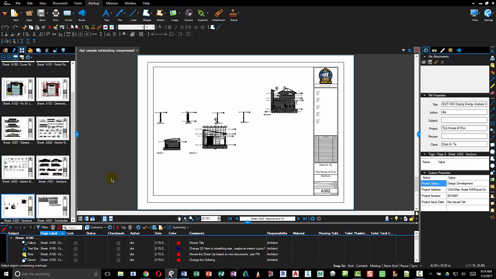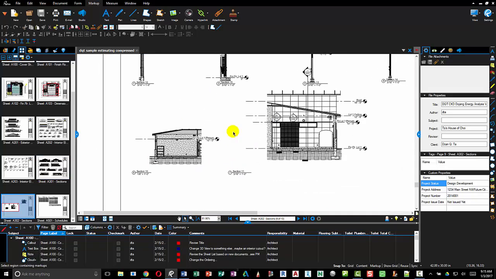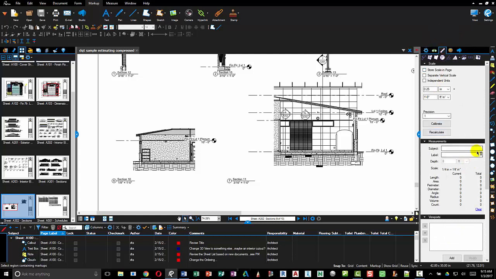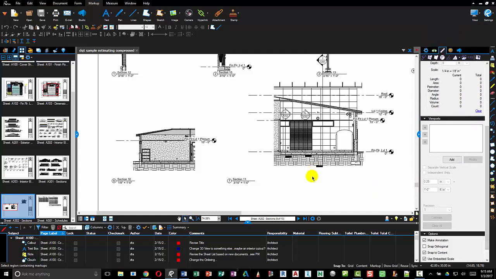Let's look at a sheet here. I have a couple sections here that are at different scales. One is at an 1/8 of an inch scale and one is at 3/16 of an inch scale. If I head over to the measuring tool, you will see if there are viewports that are created. Okay, there are no viewports created, but the tooltip states that if you're having difficulty calibrating, you can actually click